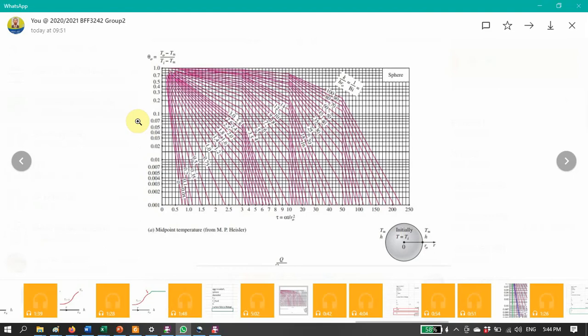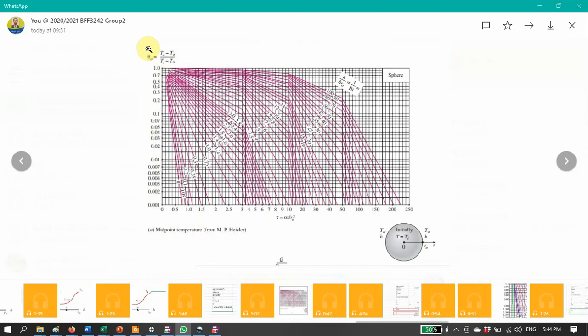One using a plane wall, and then long cylinder, finally a sphere. And you can only model the system in these three geometries, right? So for the egg, we're going to model it as a sphere. So we're going to use the Heisler chart for sphere. And for Heisler chart, there are two graphs. The first one will be the midpoint temperatures, right? And the other one will be the temperature at any location inside the sphere.